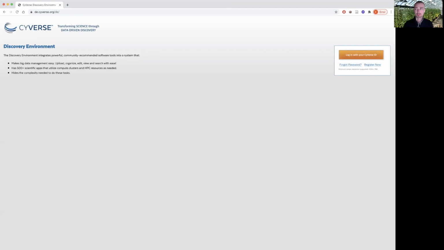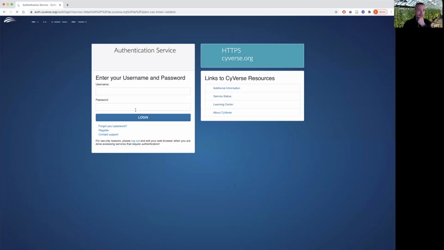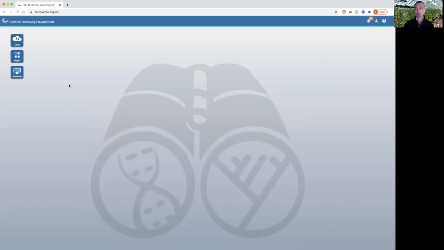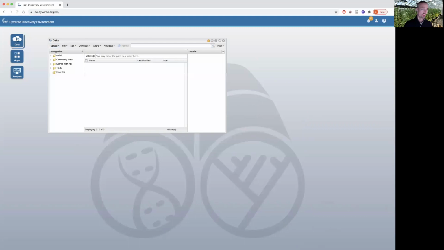So what you're going to want to do is navigate to the Discovery Environment within CyVerse. You can do that using the URL up here. And what I'm going to do is log into this with our lab's login information. Once we're in the Discovery Environment, what I first want to do is, using the data tab over here, go into our lab's